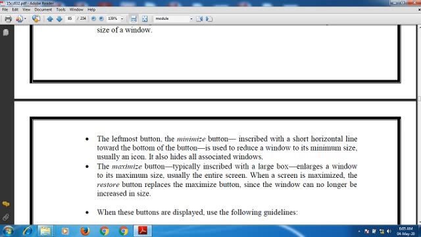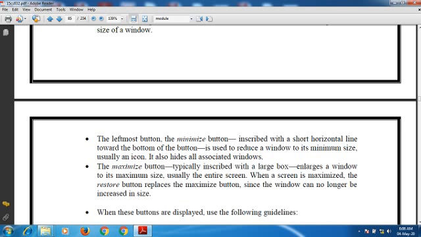The maximize button, typically inscribed with a large box, enlarges a window to its maximum size, usually the entire screen. When a window is maximized, the restore button replaces the maximize button, since the window can no longer be increased in size.